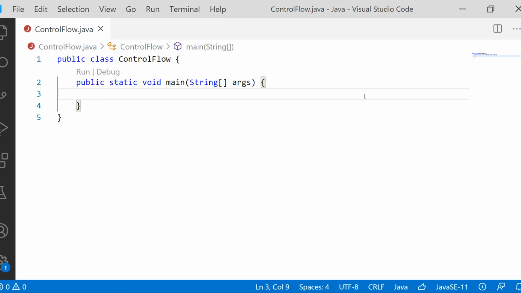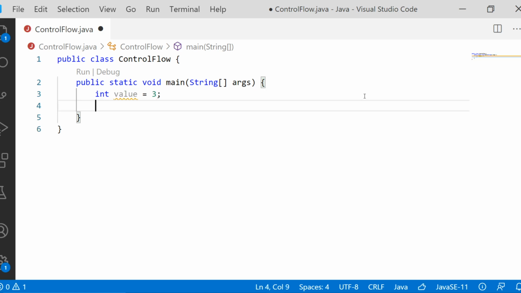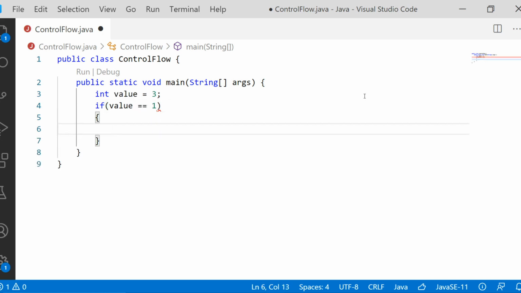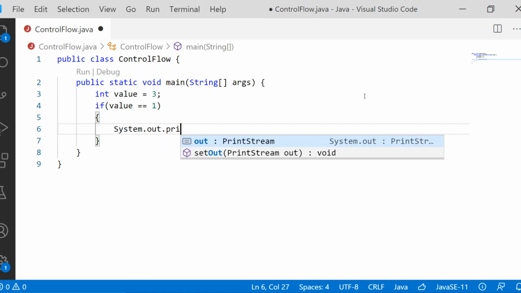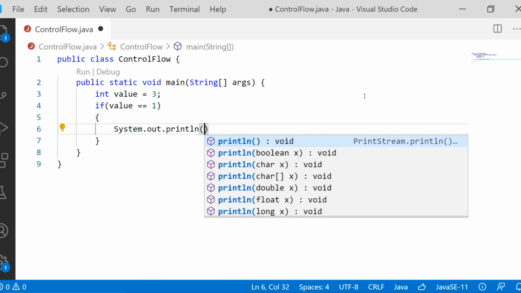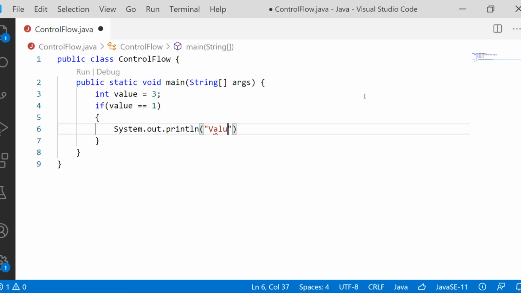So we will be taking a variable value equal to 3, and then we'll be checking if value is equal to 1. If the value provided is equal to 1, then with the help of System.out.println, we have to print value was 1.